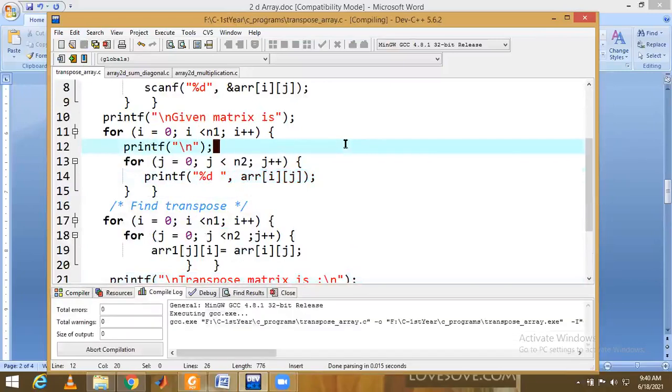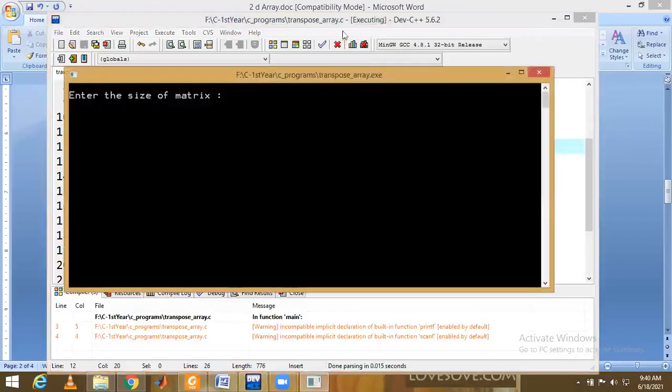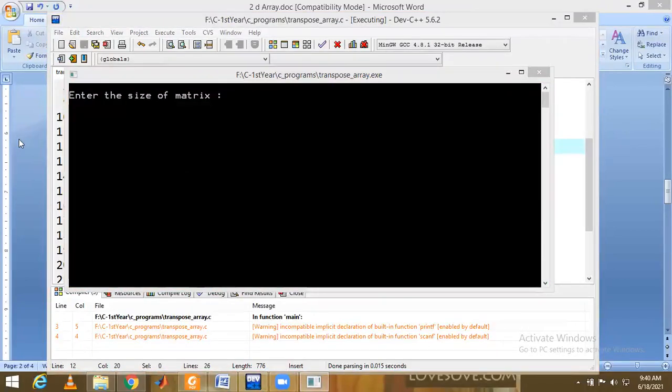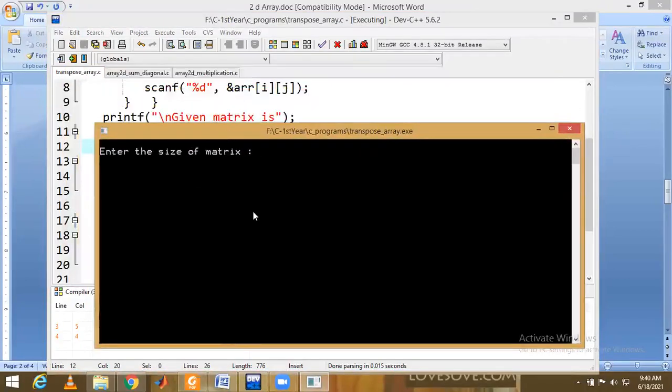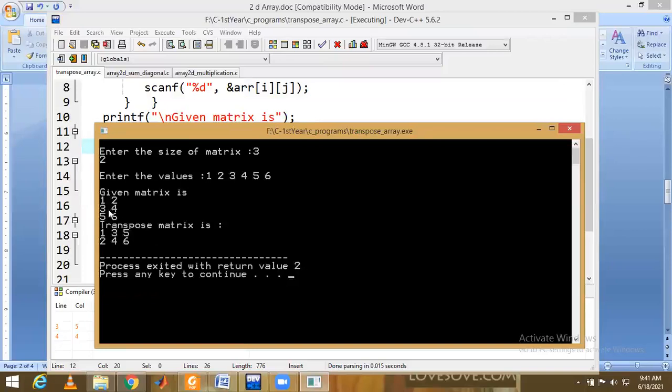And from this place also, I must remove this in this way. So again, I am showing you the output for the same after a few changes. I'm sharing this again so that you can see the program as well as the output. I have given again 3 space 2, the size of the matrix, 3 cross 2. Now the values are 1, 2, 3, 4, 5, 6. 6 elements are there. So this is the original matrix, 3 cross 2. 3 rows are there, 2 columns are there. In the transpose, all the rows are converted to columns. And your output matrix is of what size? 3 cross 2. Okay.